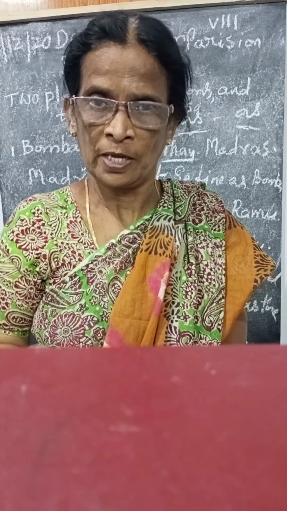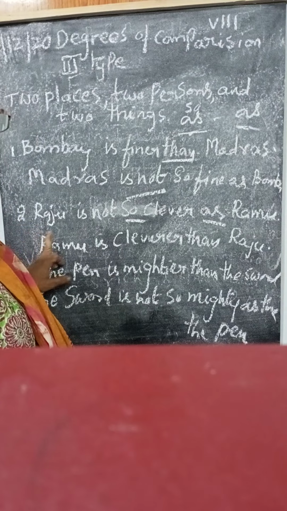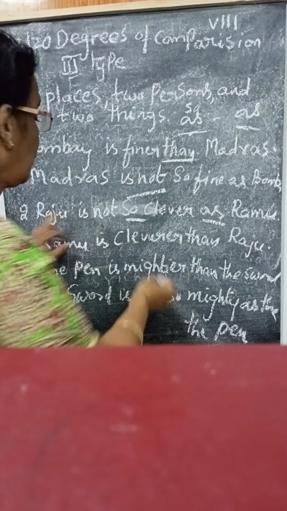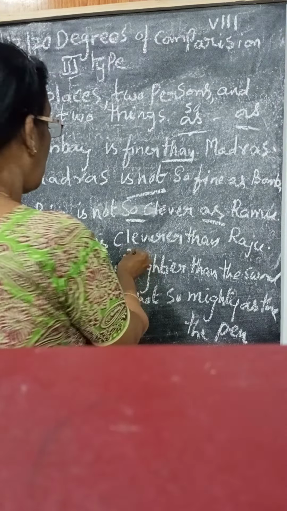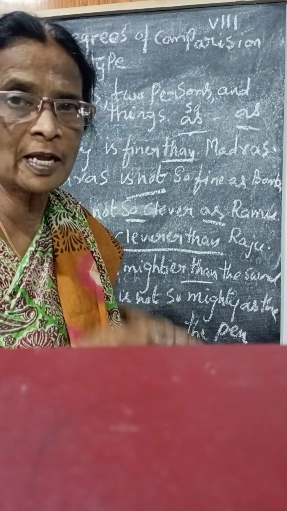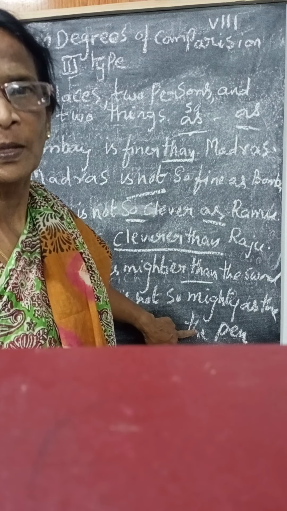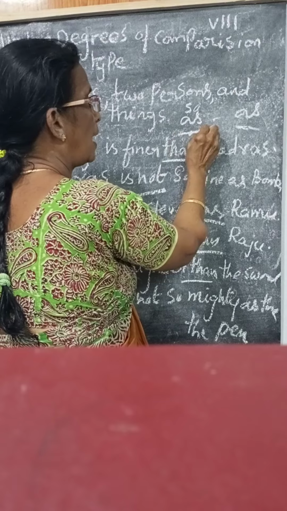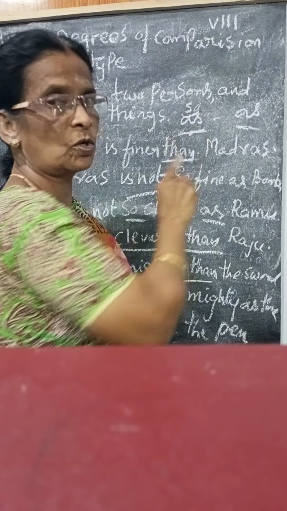Two models also I give. The first one: there is no negative in the comparative degree, but we have to change into positive with the negative we have written. Okay. Then the second one: with the negative it is in the positive degree, without the negative we have to write in the comparative degree. The third one also: the pen is mightier than, comparative degree without negative is there, with the negative we change into positive degree. But in the negative, when we are using, instead of one as, we have to use the. So this also is very important.